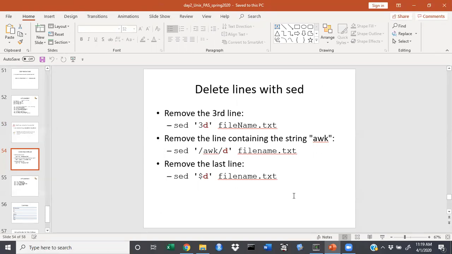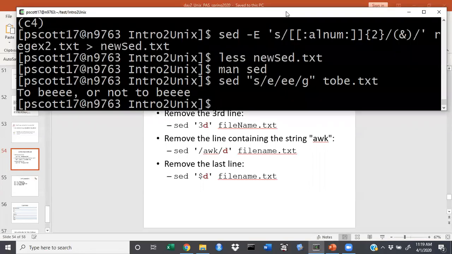We can also delete lines with sed, or delete lines that contain strings. And we're going to use the D modifier. And so we could do that, for example, if we do